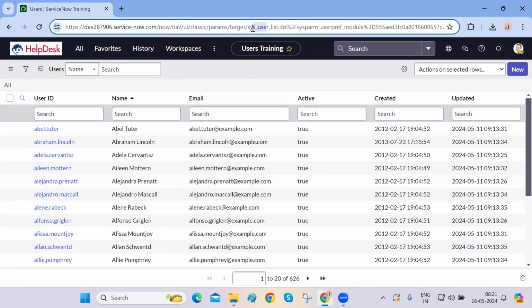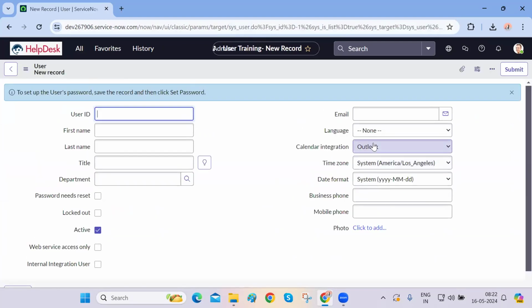I will show you the use of this list keyword, which is also very useful. To create the users, we will come to this particular table, the sys_user table, and click on New, and we can fill out the form and create some users. For training purposes, let's create some of the users, and I will show you what permissions we can give them. The first user that we're trying to create is